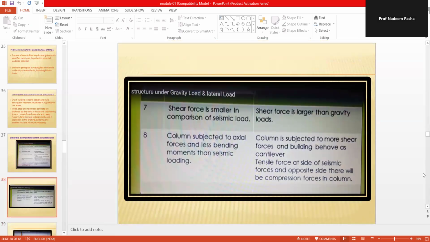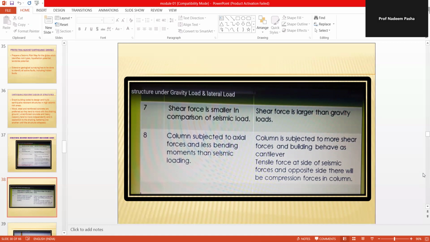Two more differences are there between gravity load and lateral load. Shear force is small in comparison to seismic load, whereas shear force is larger than under gravity load. In the case of gravity load, the shear force is very small. If you compare with the seismic load, the shear force is small, whereas in the case of lateral load, the shear force is more. Lastly,